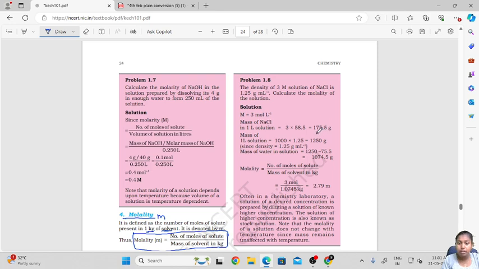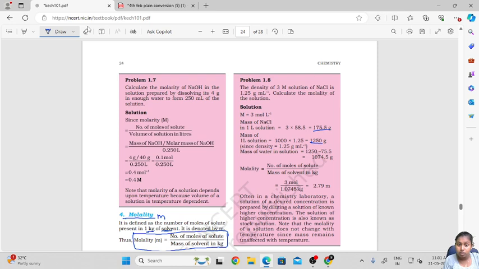So it will be 175.5. Then mass of 1 liter solution, 1000 multiplied by 1.25. NaCl solution is 1.25 grams per ml. So this is the density. Okay, it is the density. So 1000 multiplied by 1.25, you will get 1250. So mass of water in solution, you have to subtract